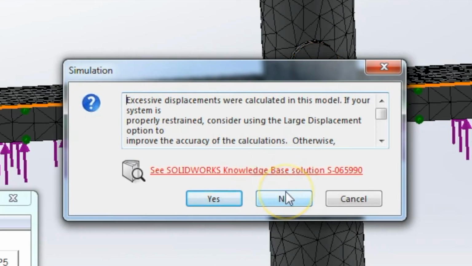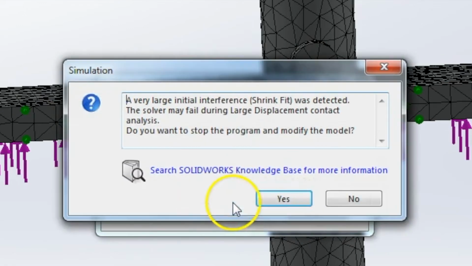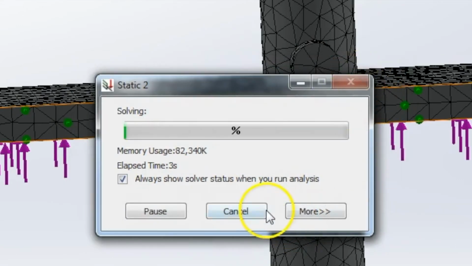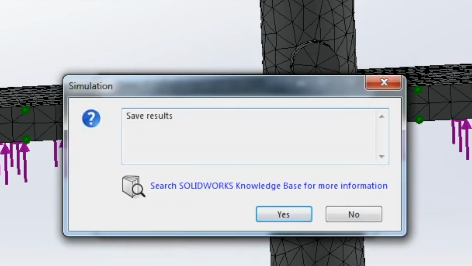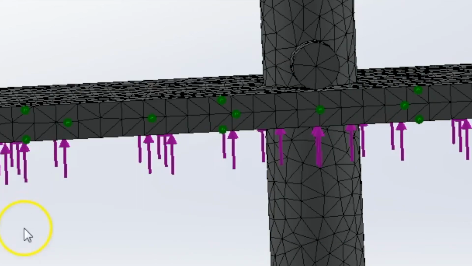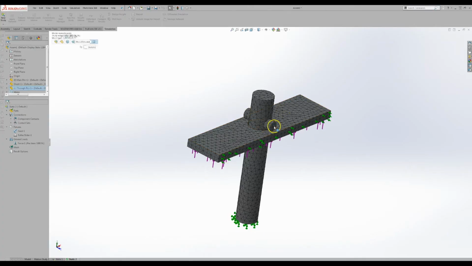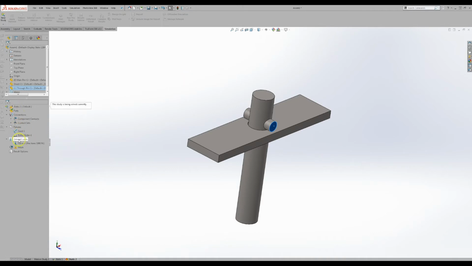So the chances are that this is that cotter pin flying out into infinity and beyond because there's no restraints on it. So the standard approach to this is to either define it better with the fixtures, or if you don't want to constrain its motion in any particular way, then there's a couple of options in the study properties